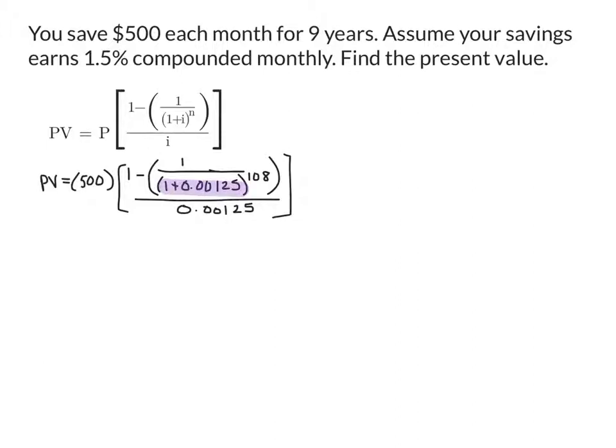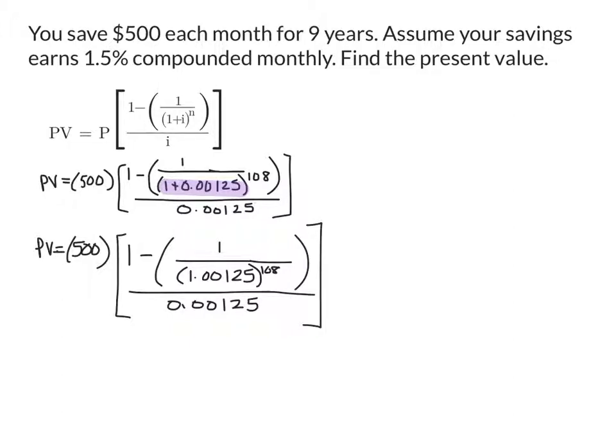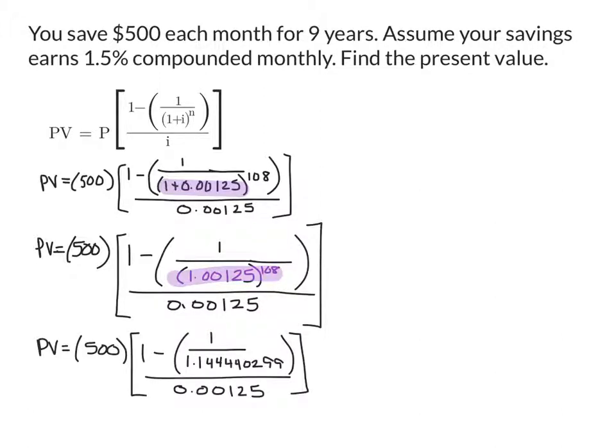I'm going to add 1 plus 0.00125 together. And I get 1.00125. Now I'm still working on that same parentheses because I want to take that value and raise it to the 108th power. When we do that, we'll get a decimal of